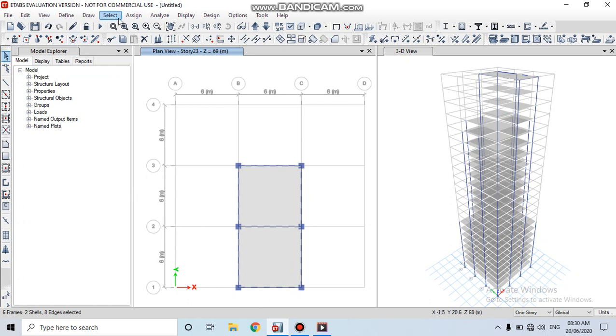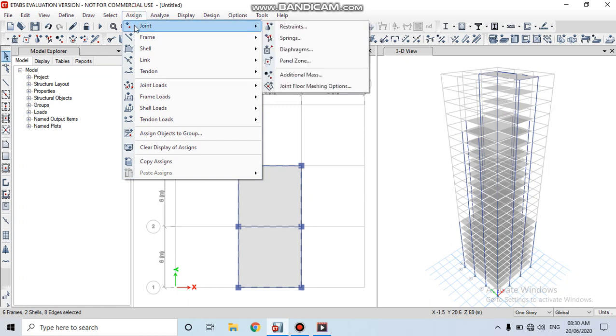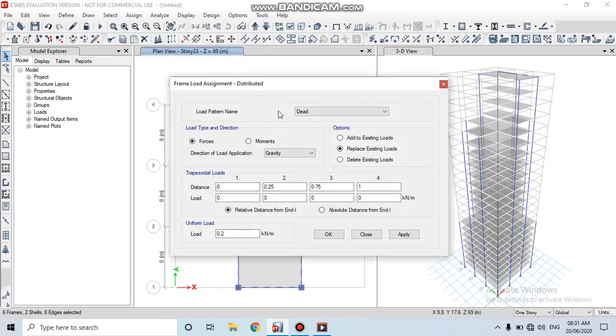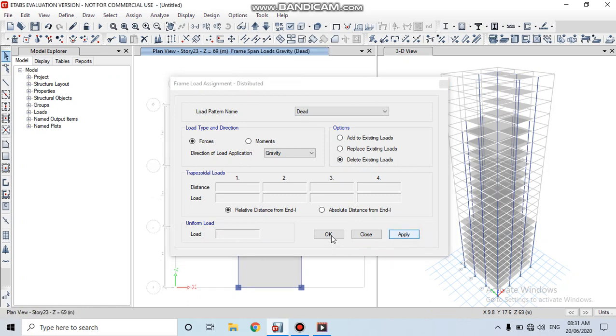Then go to assign, click on to the frame loads. In frame loads, click on to distributed. Click on to delete the existing loads. Then click on apply. Then click on OK.